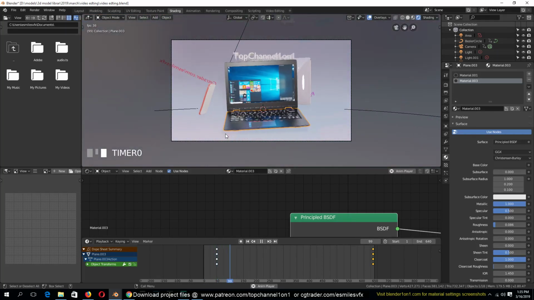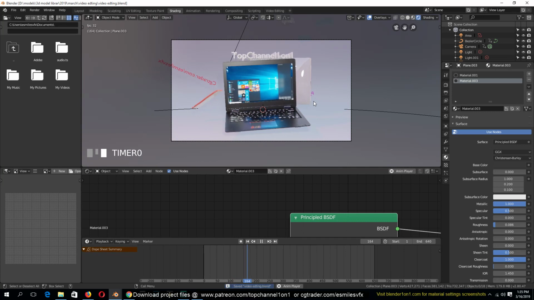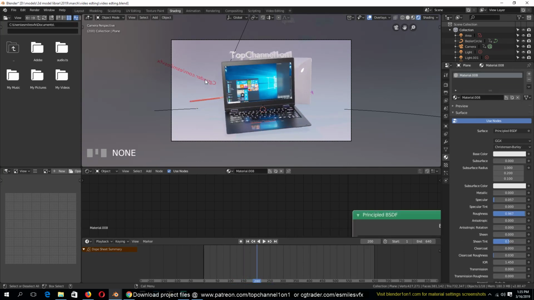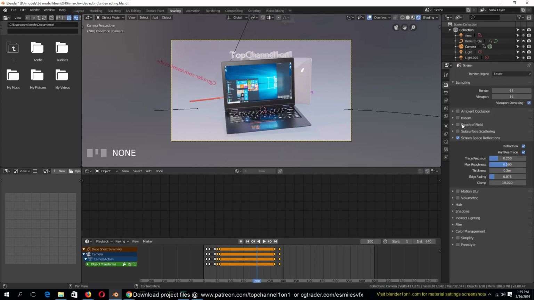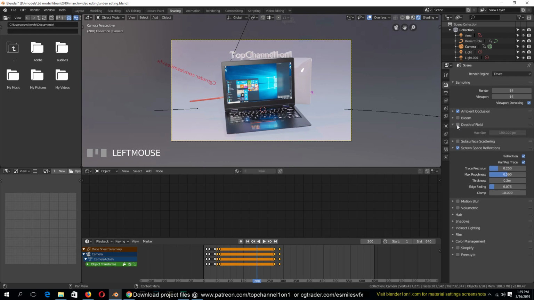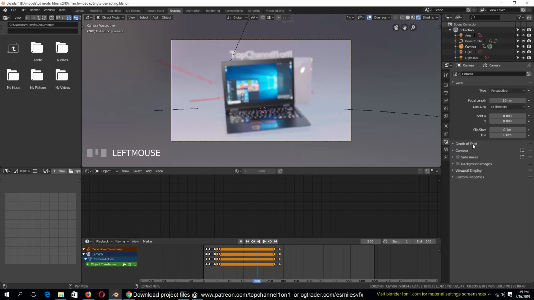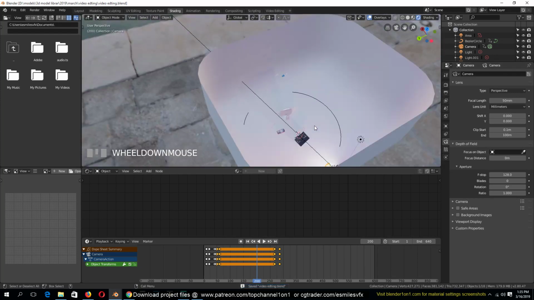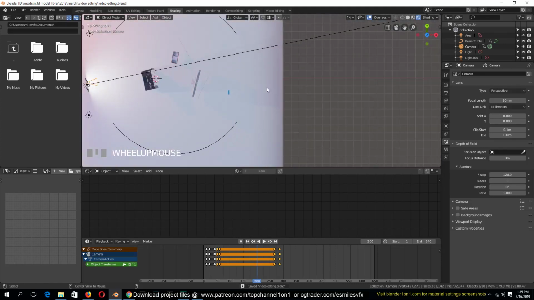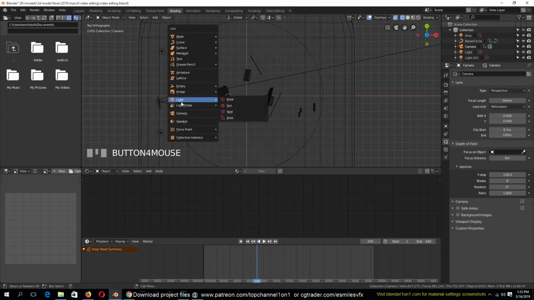I don't want to see this here, so I think we can add depth of field, and under the depth of field settings let's add an object that we can animate to control the depth. So let's add